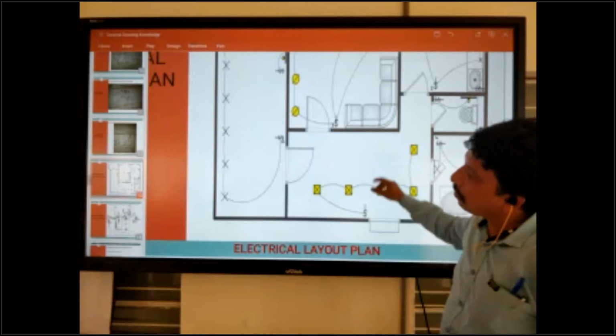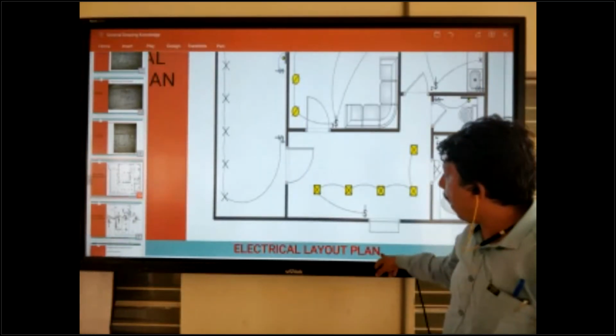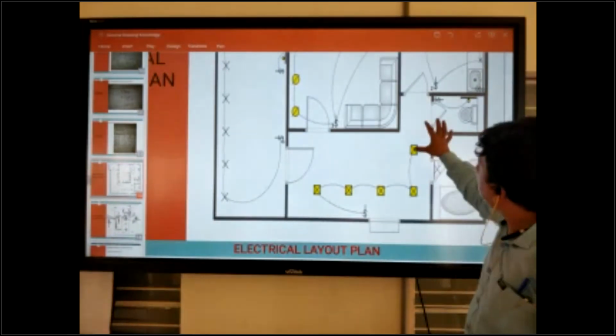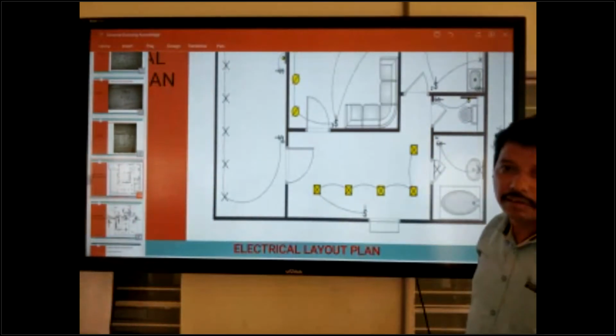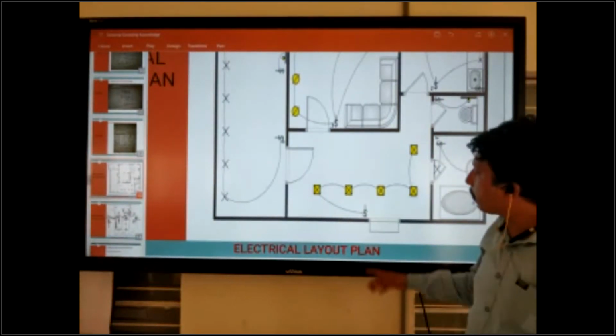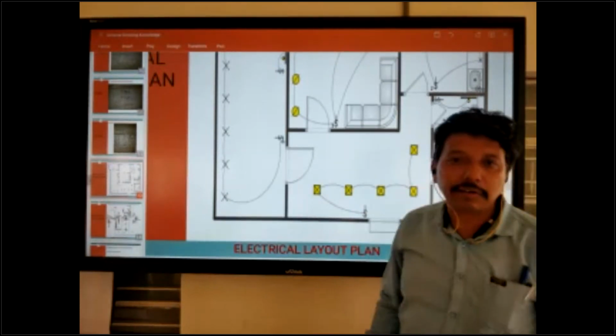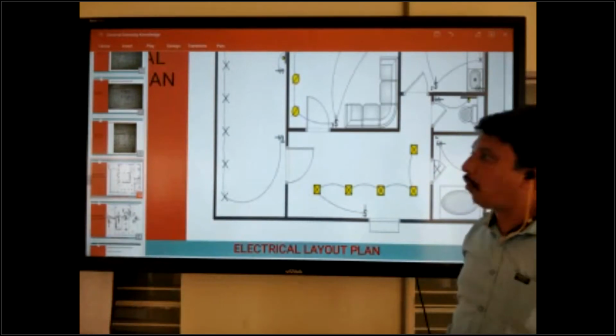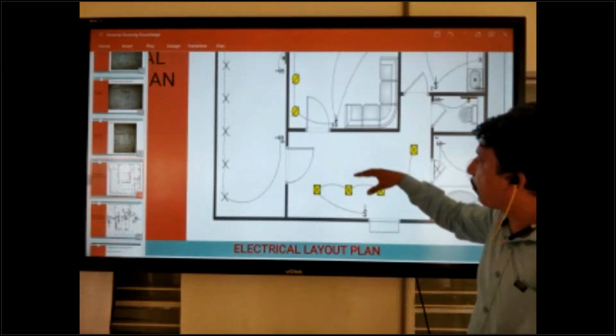This is electrical layout plan. So there have only electrical, only light and switch. Not typical, only for this is lighting electrical. Only there is coming lights and switch, not other thing. You can see there is not coming in other.